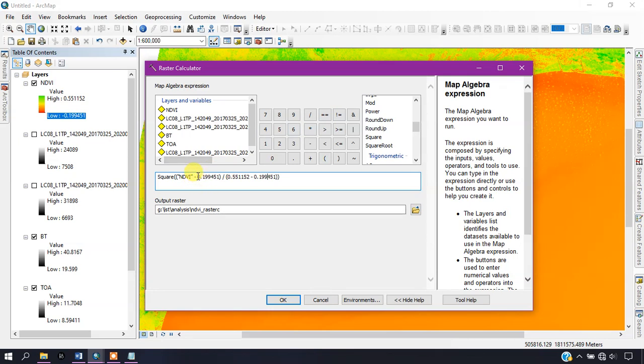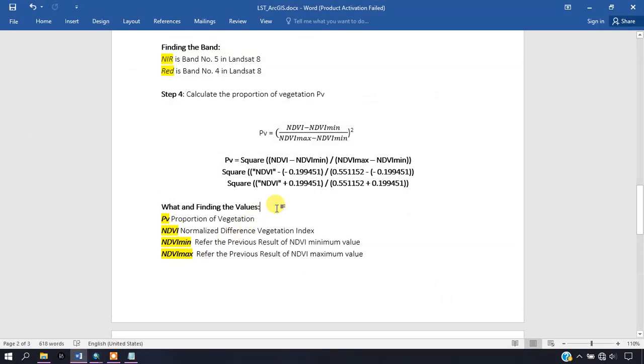So I'm going to remove the minus value. Why I am removing this minus value, I have explained, and I can explain once again. I'm having my NDVI, and the formula says minus NDVI minimum. But for me, my minimum value is negative, so I am just converting it into plus.